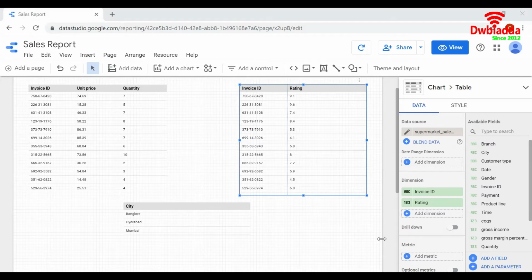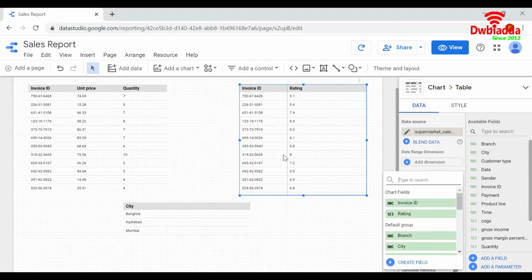If it is between 4 and 7, moderate. If it is between 0 and 4, then bad. One more data transformation that we'll be looking at here is creating a state column. That is, there are three cities in this data set: Bangalore, Mumbai, and Hyderabad, and we will be giving the name of the state for these particular cities. Here we can see the already existing columns. To these existing columns, let us add three more columns, that is total price, rating label, and state.